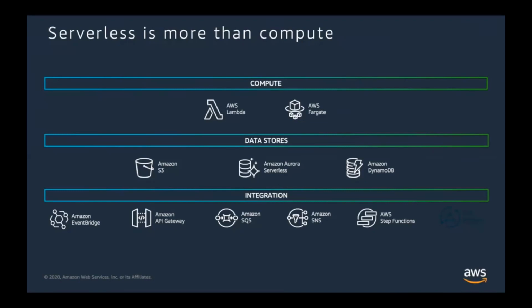For integration, this is where we have Amazon EventBridge, Amazon API Gateway, Amazon SQS, Amazon SNS, and AWS Step Functions. Okay? And while Lambda itself already offers many key advantages in your serverless workload, it's really when all of these components are used together that we start to see the bigger benefits that you can gain. Let me give you an example of that. We know how scalable Lambda can be, and that it can handle thousands of requests, right? But one thing that you must also consider is the backend service or your data store that Lambda connects to